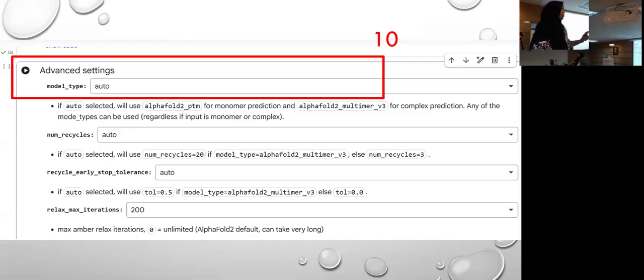When you selected auto, it now knows that you only want the protein three-dimensional structure. No heteromer, no complex, no oligomer.